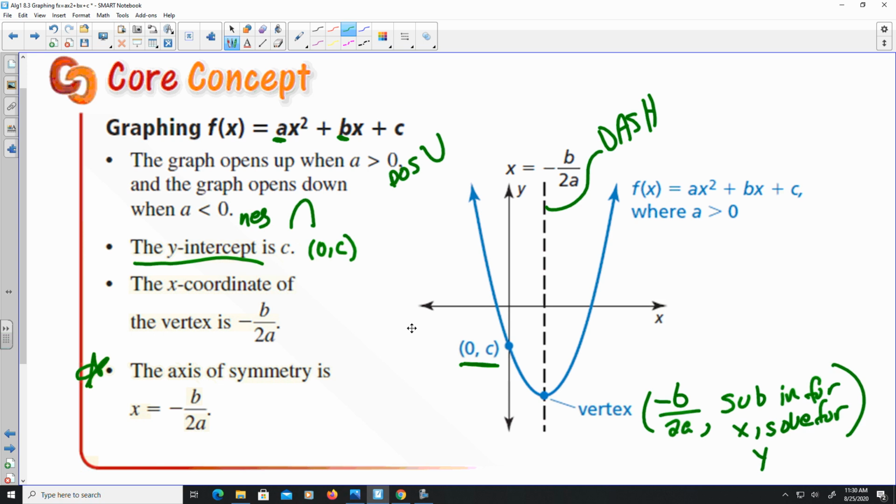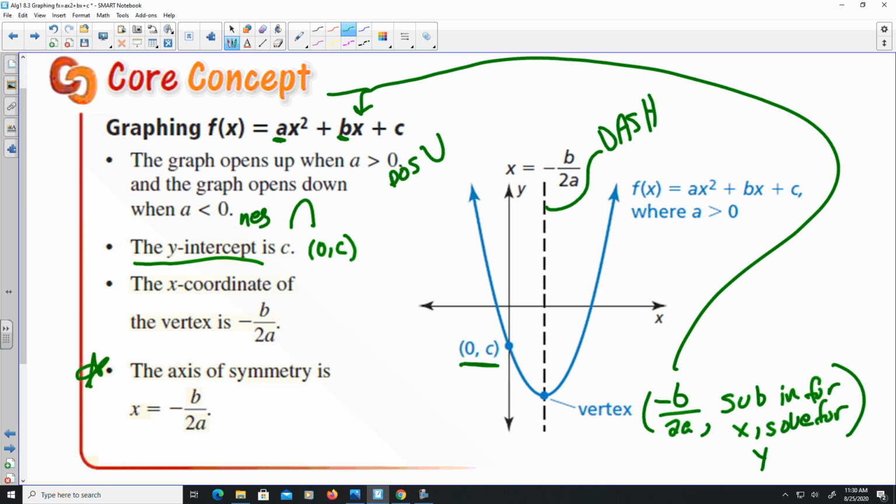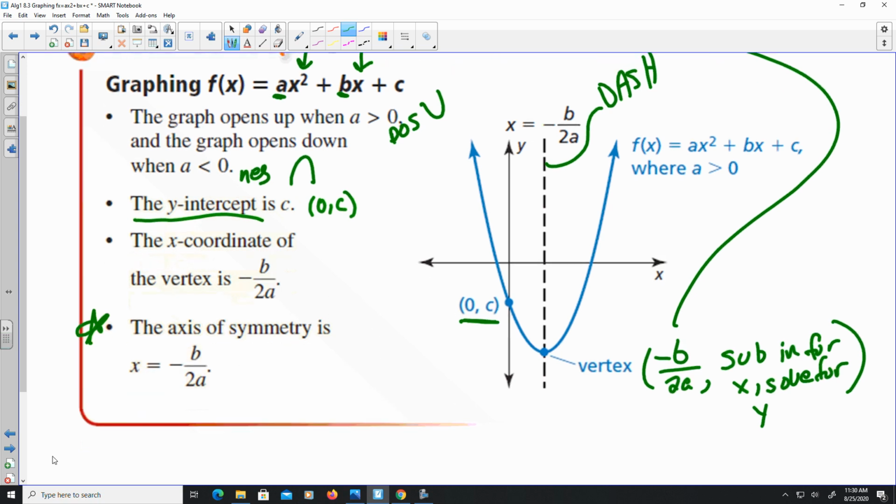So you'll take this value, whatever it happens to be, place it in for x, and then solve it from there, because you'll have numbers for a, b, and c. Okay? So with that being said,